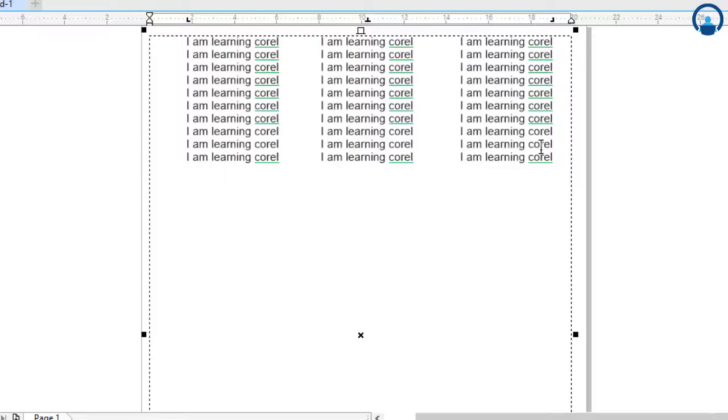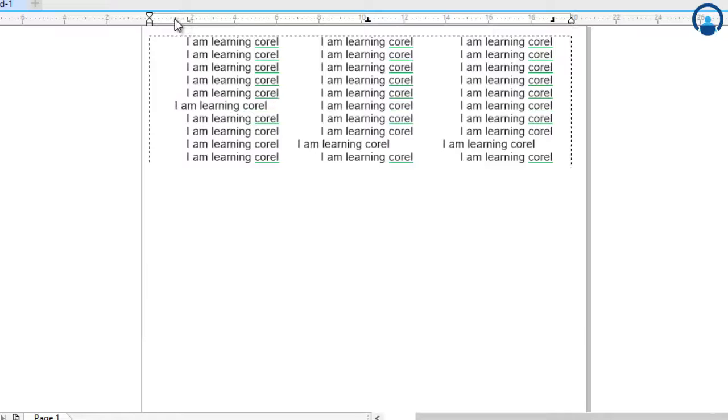Now suppose you keep your cursor on any one single line and change the tab, only that particular line's tab setting will change. Okay, because if you keep the cursor at any line here and change the tab setting, only that particular line's placing will change.